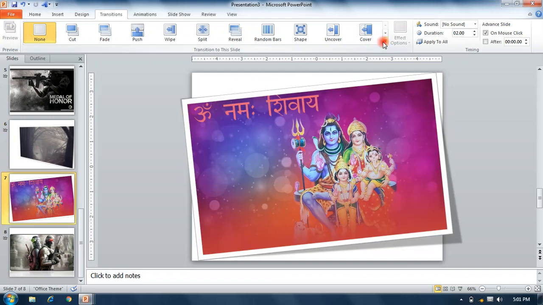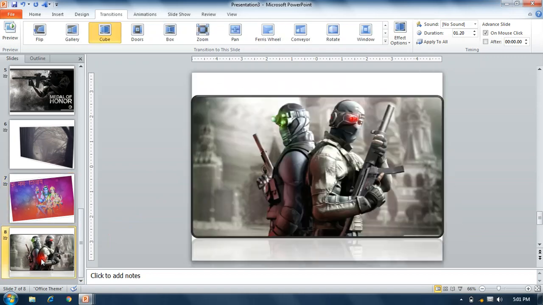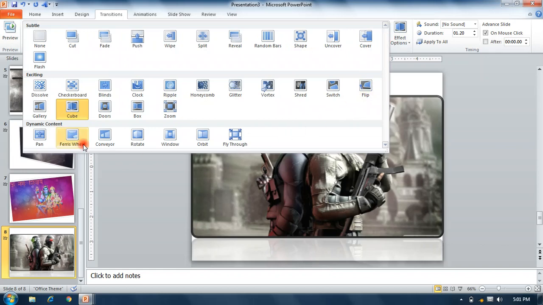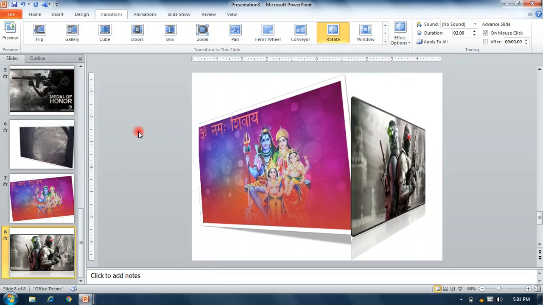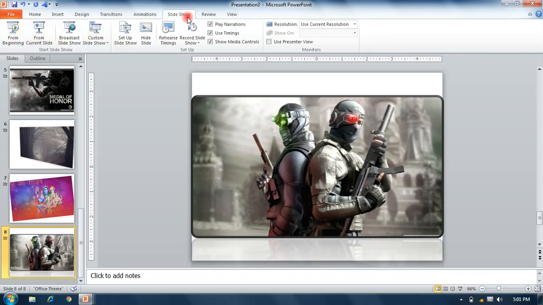Now I am selecting one by one, and with my last selection, and this selection. If you want to show whether it works, go to Slide Show and select From Beginning.